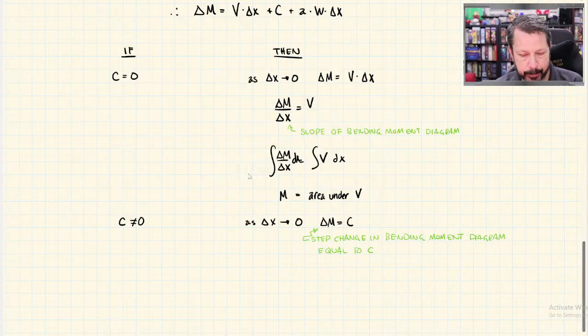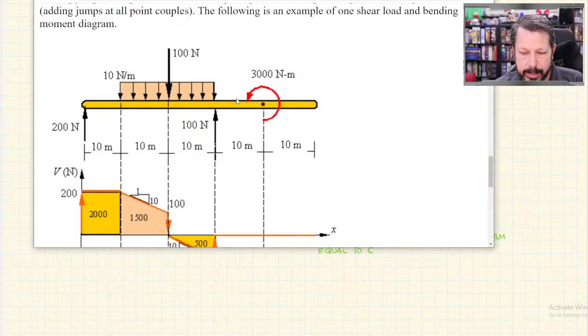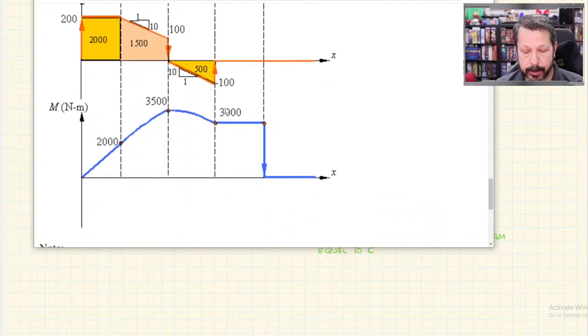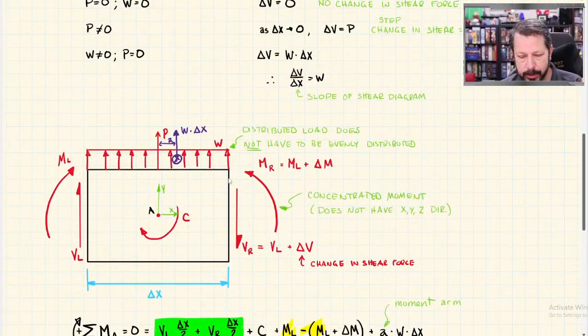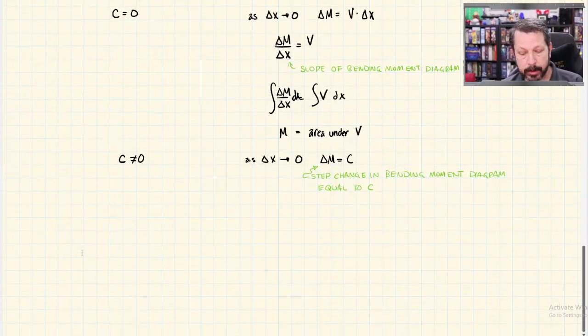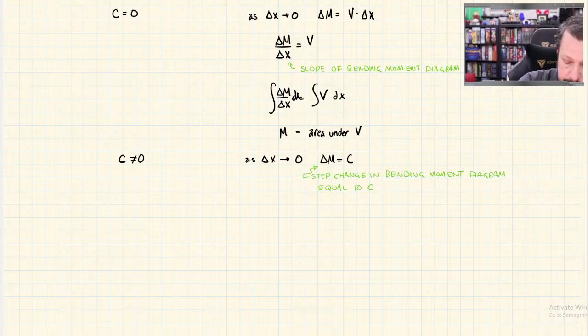So in our example we've been looking at here, where there's the external 3,000 Newton meter concentrated moment, we were at 3,000 right here at this orange dot. We immediately drop down. Now we go down because this is counterclockwise. This is one thing I've been saying several times. Every time I draw these little forces, I say there's a sign convention that we have to follow. So what our sign convention is going to say is that